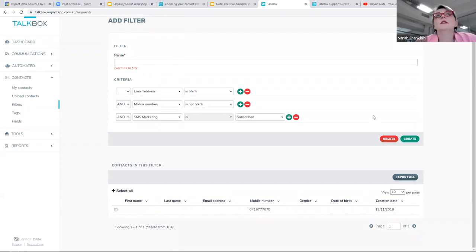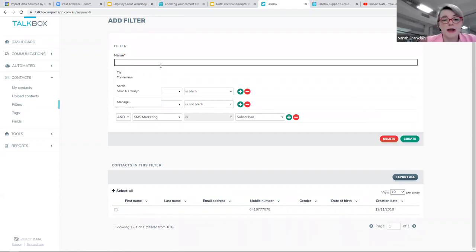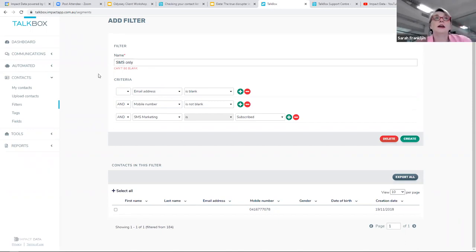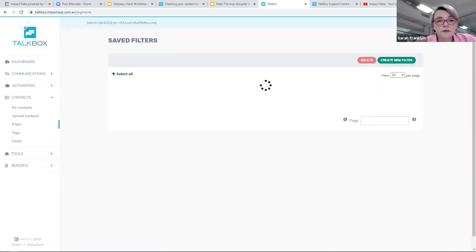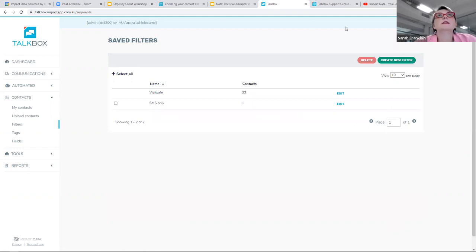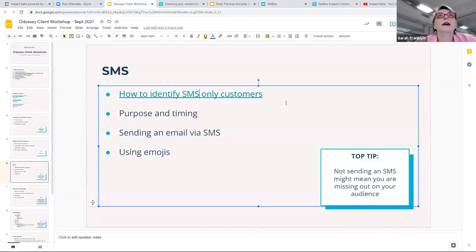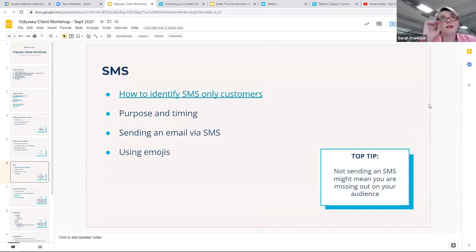So it's a really good thing for you to do, to just go and make sure that you've got everyone if you're sending a communication. Best practice usually is to send via email and SMS, as we did earlier. But you do need to make sure that you're capturing everyone in your database. So, all right. Still, nothing, no one wants to ask me anything? Okay, so we've talked about that. We've talked about the purpose and timing.